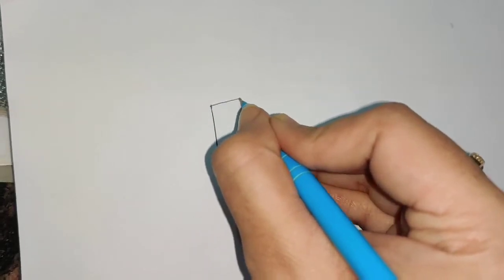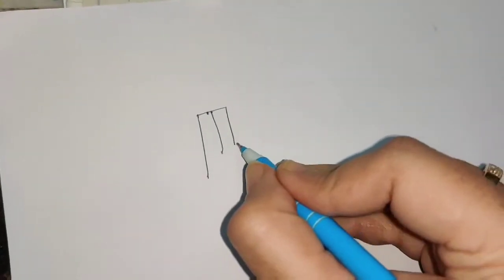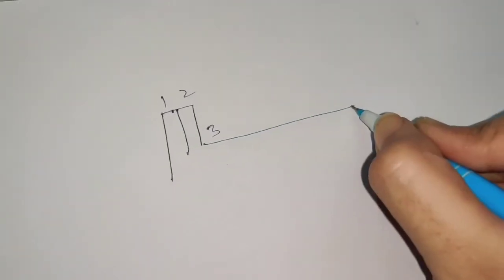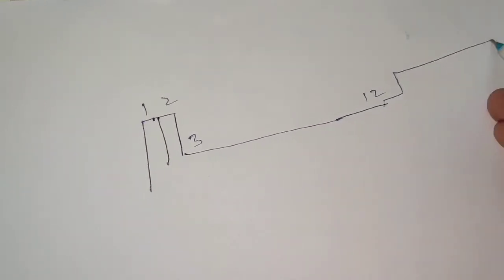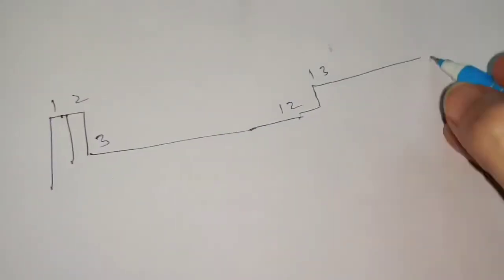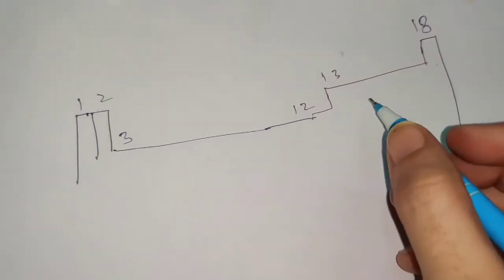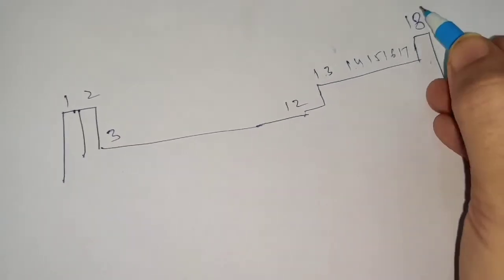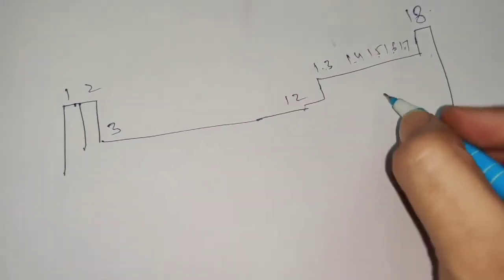So if you remember, I told you that the extreme left of the periodic table has group 1 and 2, and then we have groups 3 to 12 here, and then we have groups 13 to 18 towards the right hand side. If you count here, this is 13, 14, 15, 16, 17 and 18. 1, 2, 3, 4, 5, 6. It has 6 groups under it, and this is P block, right?